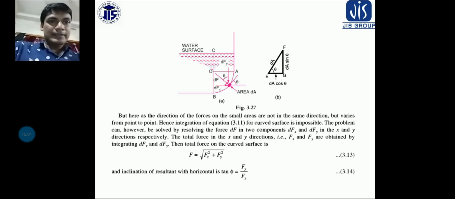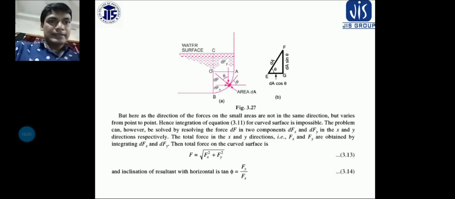So dFx is equal to dF sin theta and dFy is equal to dF cos theta, and after integrating this part I can calculate the Fy. Okay, Fy and Fx. Once you have got Fy and Fx, you can calculate the total force or resultant force, and you can calculate the angle theta. So I hope it is clear. Now this is the problem number 3.22. It is your homework. Solve it in your home for curved surface. So you need to find out the Fx and you need to find out the Fy. So by the help of the formula you can easily find out.